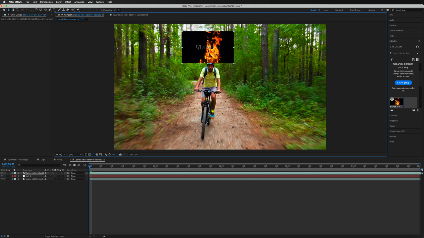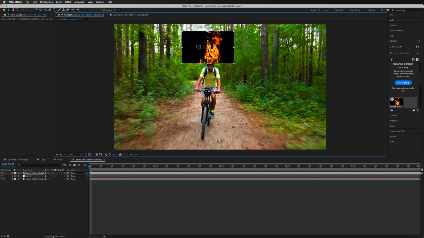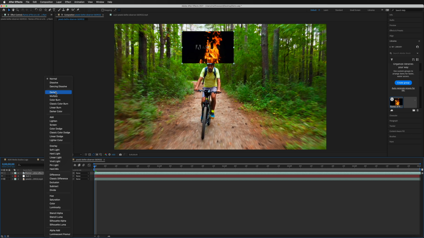And what we need to do now is just remove this black background. And the way we're going to do that is we're going to come back down to our timeline where our layers are. And at the bottom here, it says toggle switches / modes. If we hit that button right there, we now have a new option here that says mode, and inside of here we can change the blend mode. And in order to remove a black background, we need to go into the add section. So this entire section here from the add to the lighter color is going to be to remove darker areas such as black. And above that is where we're going to remove white backgrounds, from the darken to the darker color. And where you find overlay and hard mix is generally your 50% gray.